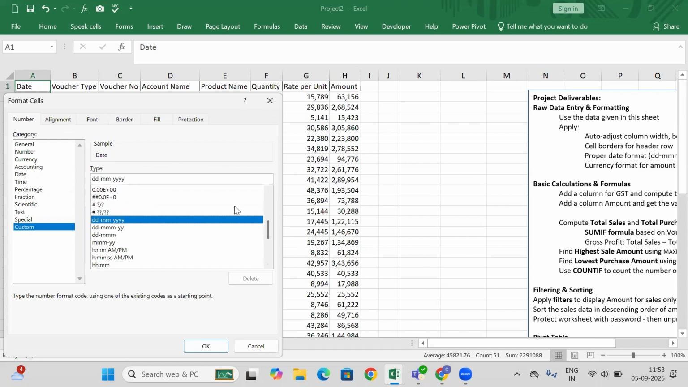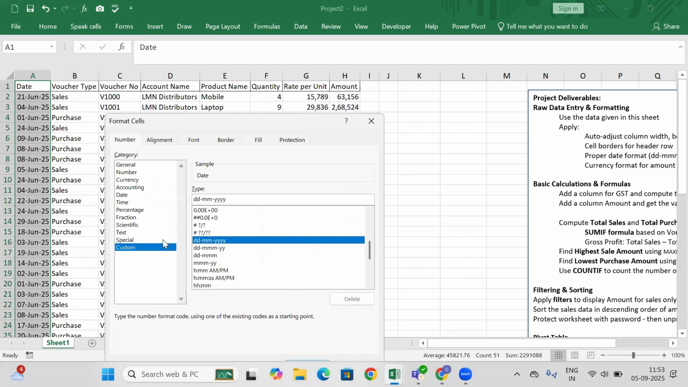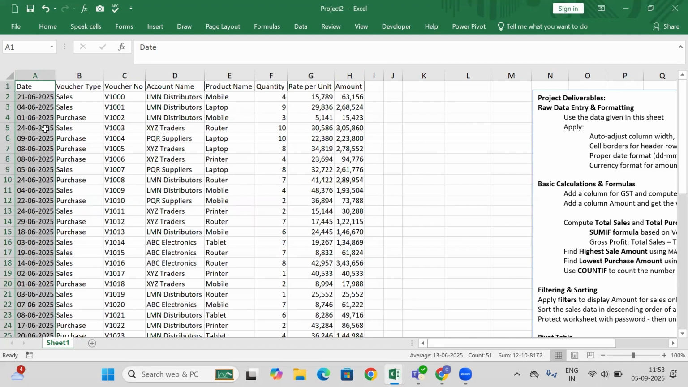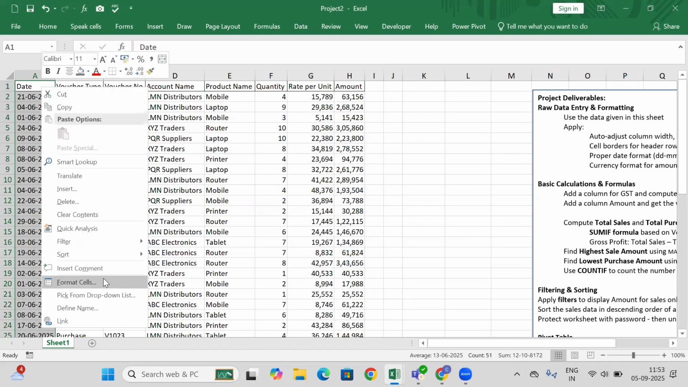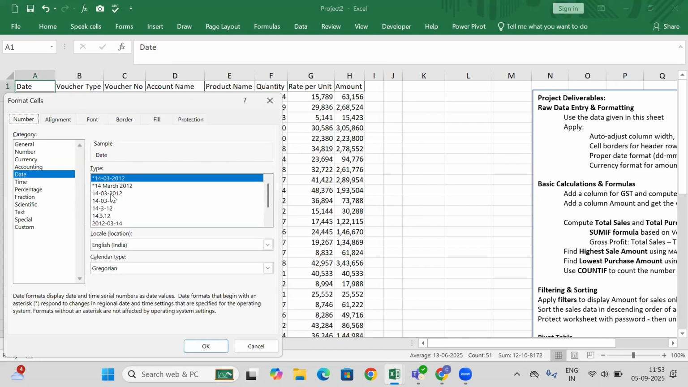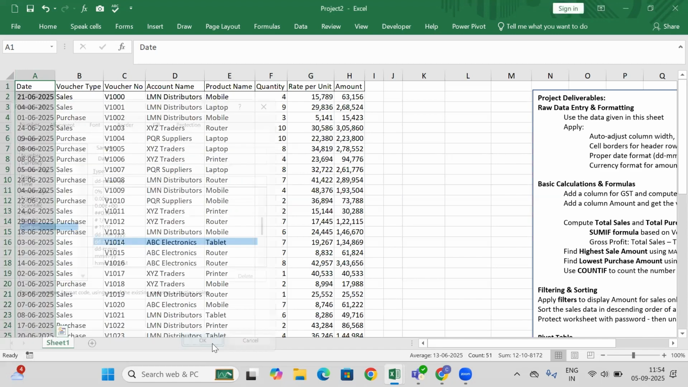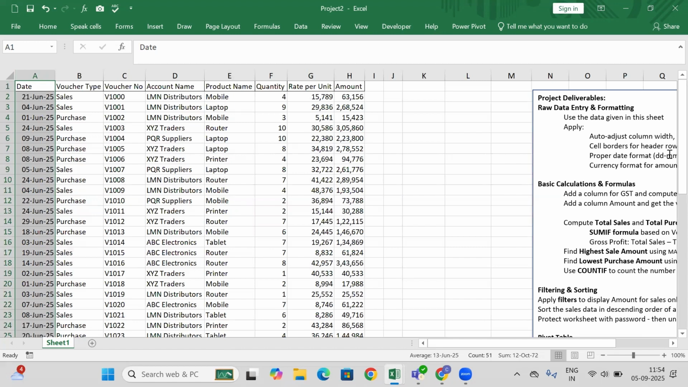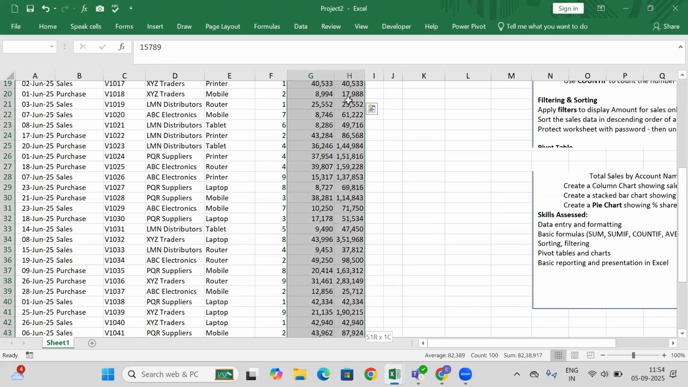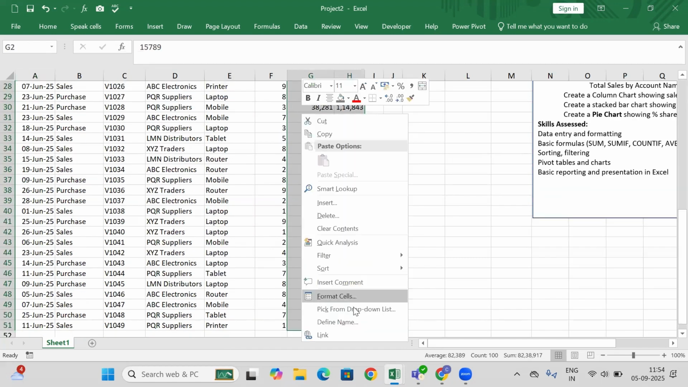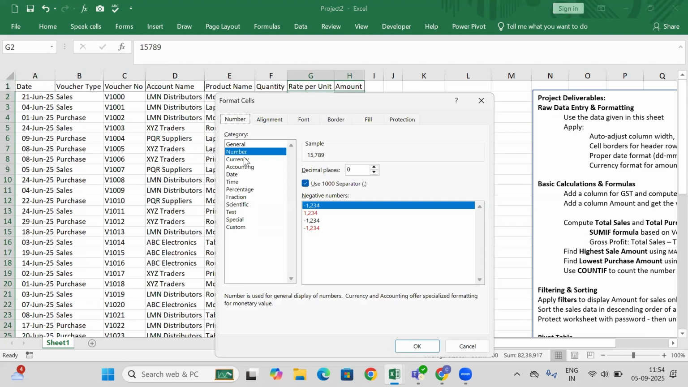This will come as DD MM YY. Suppose I select this one, let us say, this way. Now I do not want this. I want the month name to come. The month name will come when I choose triple M. So that is done. Currency format for these two: select these, Control Shift down arrow, right click, format cells,